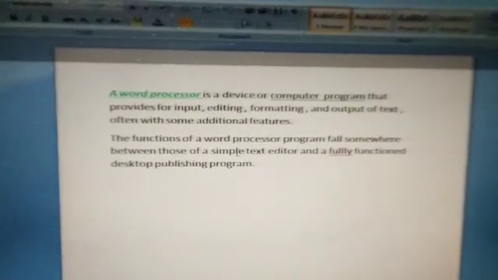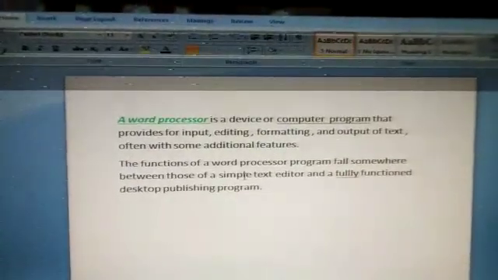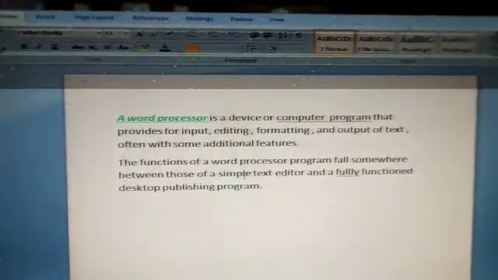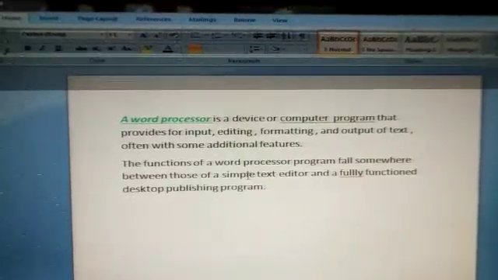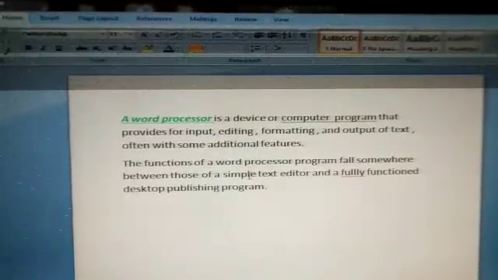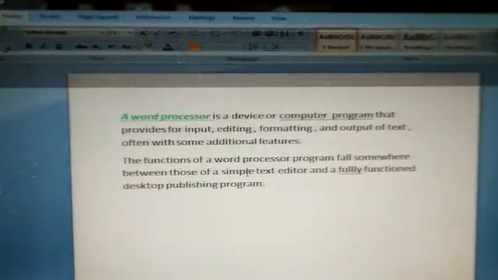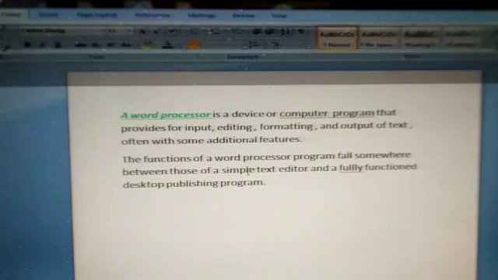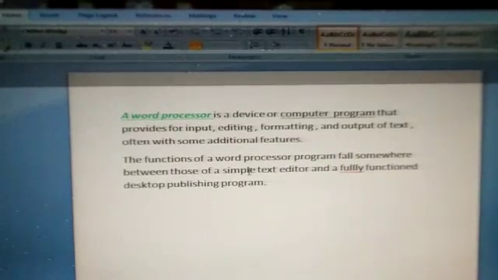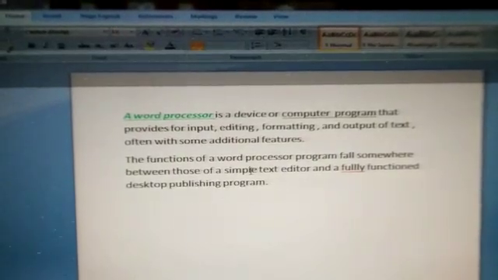Now students, you can see here, this is our MS Word. Today we are discussing about word processor. So I have written a few lines about word processor here. You can see here. Now I will tell you how to apply this Format Painter.